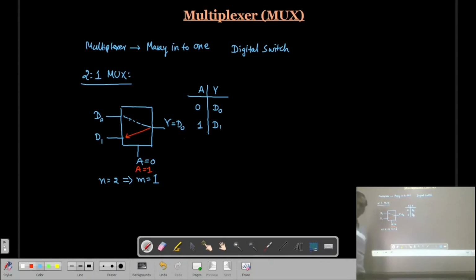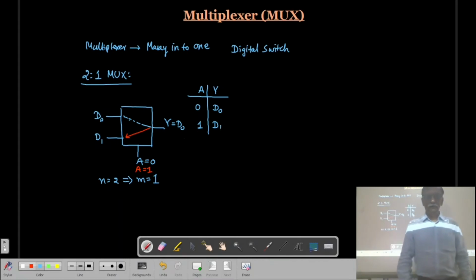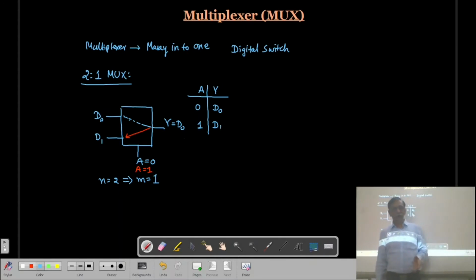In this way, when A is equal to 0, D0 is selected and that input will be present at the output. When A is equal to 1, the D1 line is selected and that data will appear at the output.